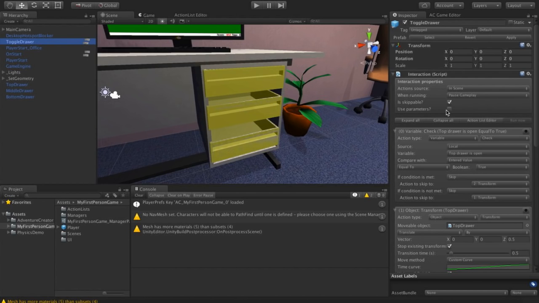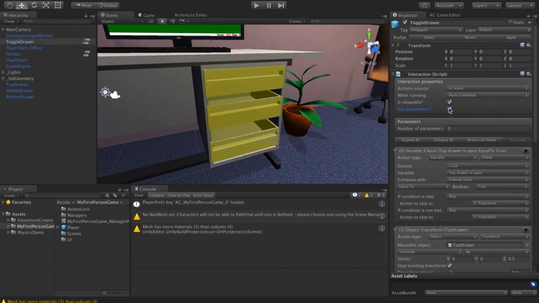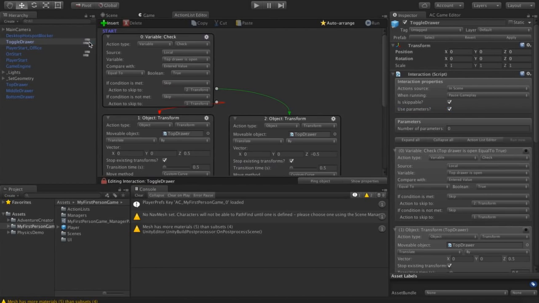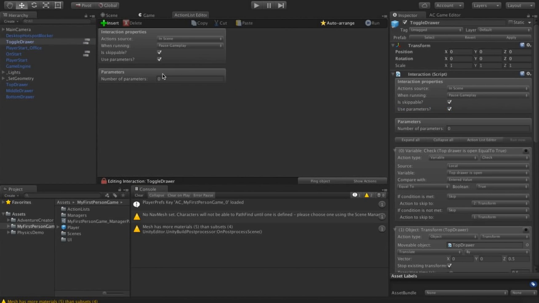And I'm going to check inside its properties panel, use parameters. Now this properties panel is also available in the action list editor window. I just go to show properties.